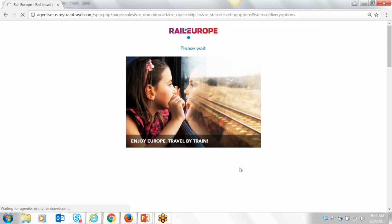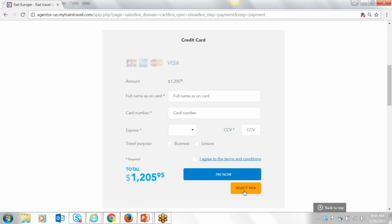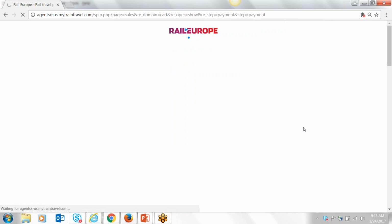Now once you proceed to payment, again, this is only just the test site that we're using, but you're only going to see here the option to add a Visa card at this point. Again, it's just the test. So this button will not be there, but that's what I'm going to do because I want it to not print my test. I'm going to say that it is a leisure traveler, and I'm going to agree to the terms and conditions. When I click Pay Now,